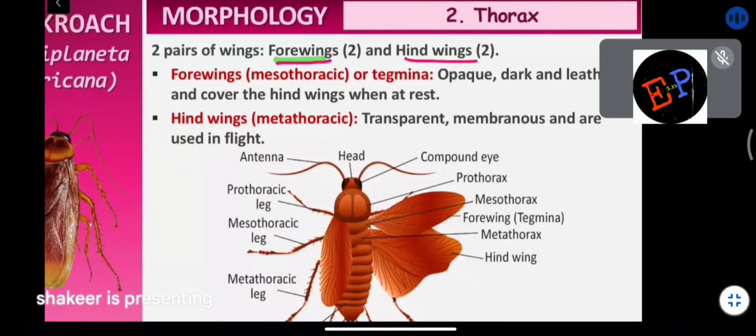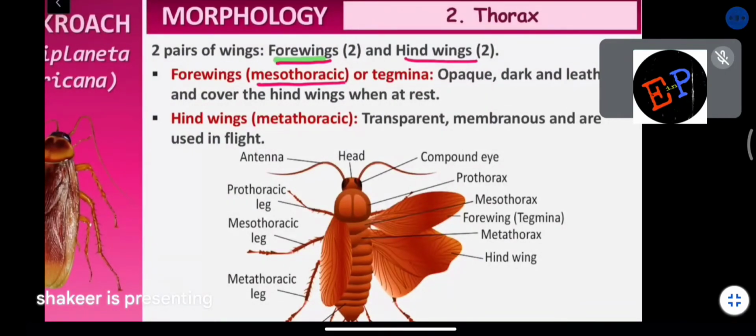It means 4 wings, they are present on the front side. Front side in the cell, they are present a bit farther. And behind the 4 wings, that is attached to the next segment, you will find the hind wings. So totally 2 pairs of wings are present and 4 wings are present. Where these 4 wings are attached, they are attached to the second thorax, which is called